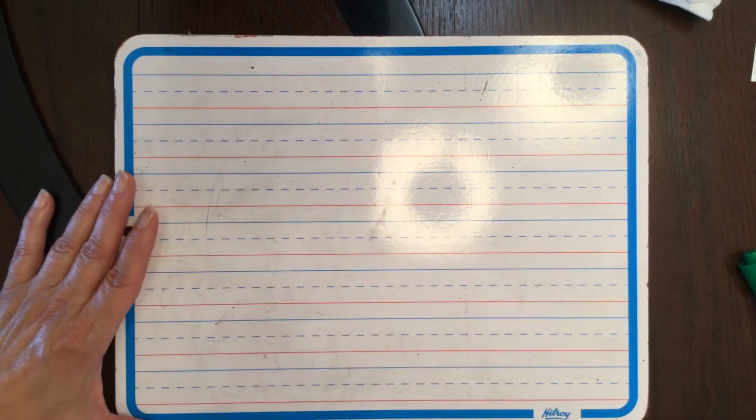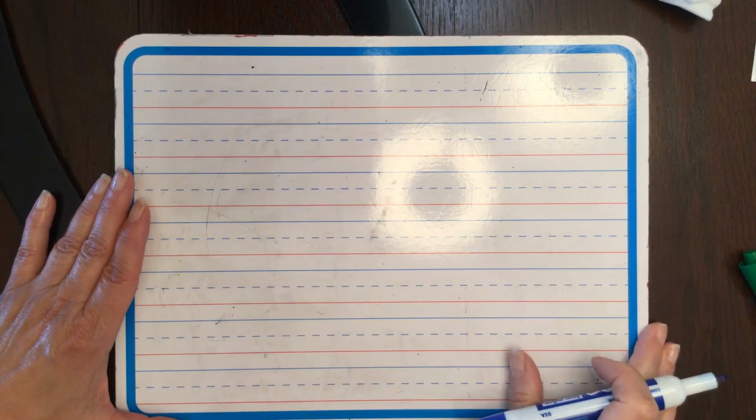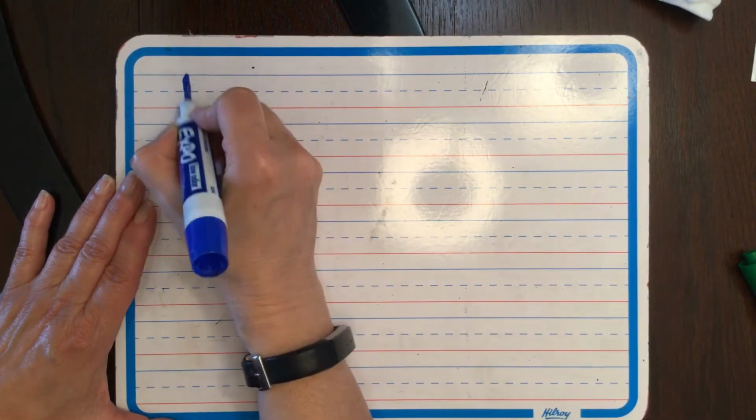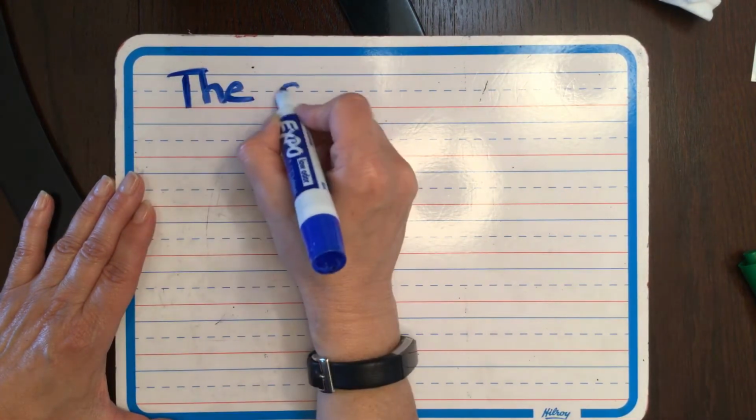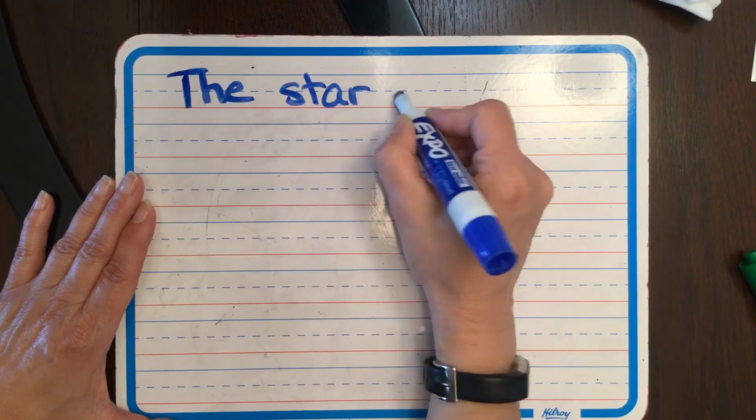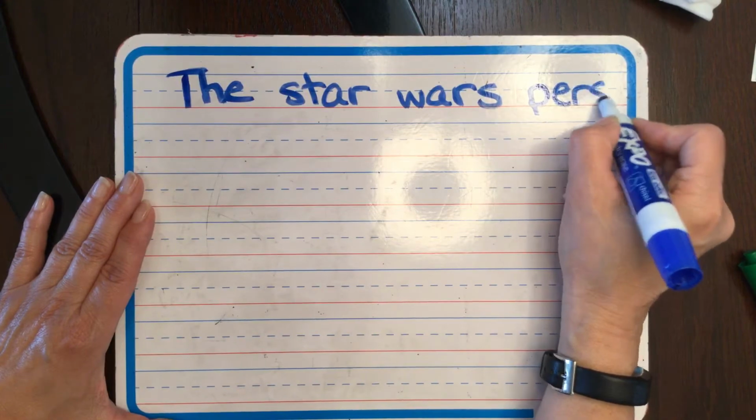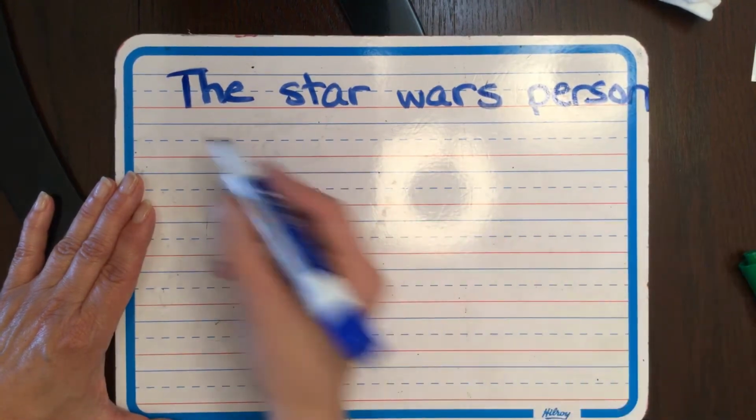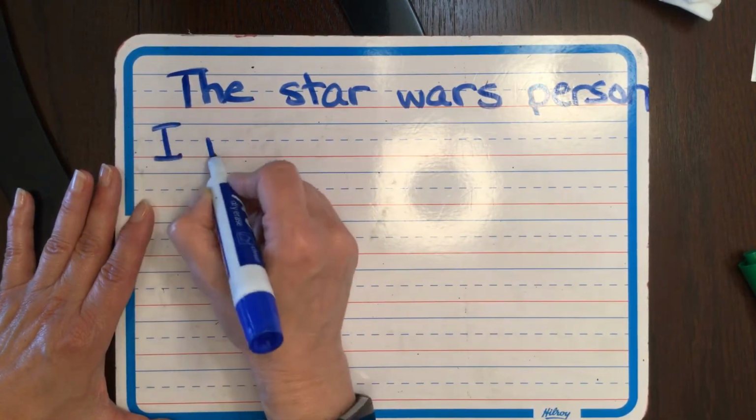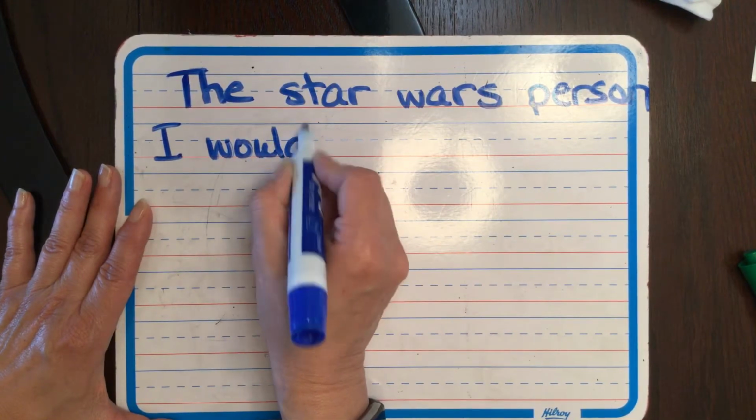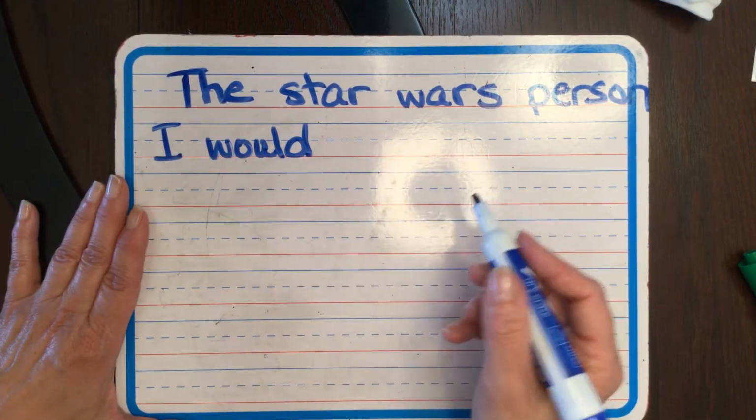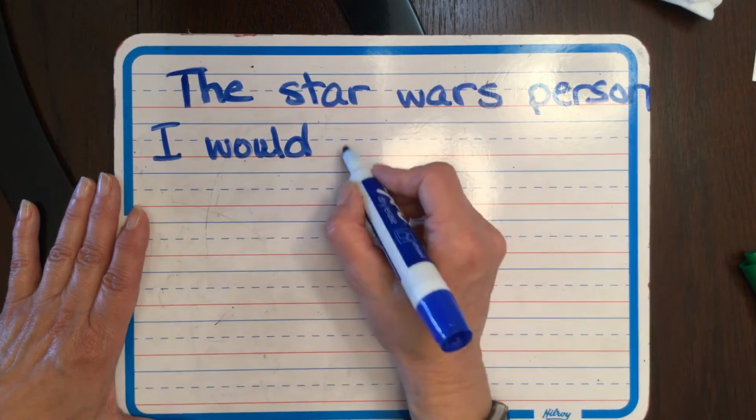So I'm going to start my paragraph writing with a beginning sentence that says, the Star Wars person, because that's a shorter word than character. Star Wars person I would, there's that word would again. It's even one of our spelling words this week for practice. The Star Wars person I would want